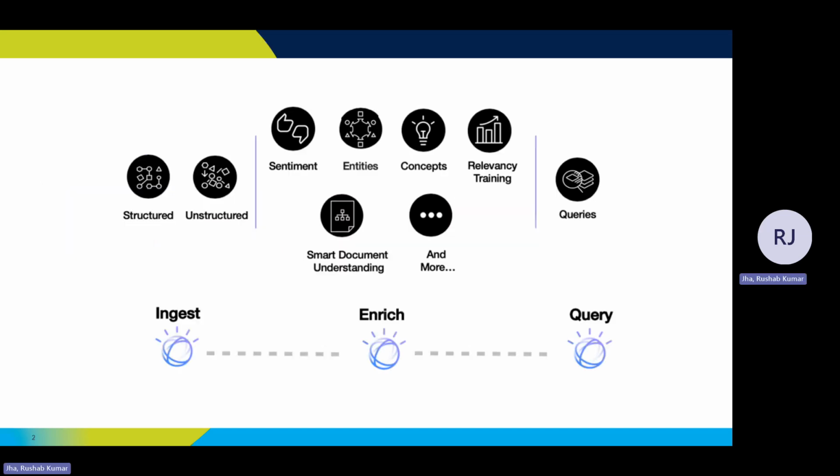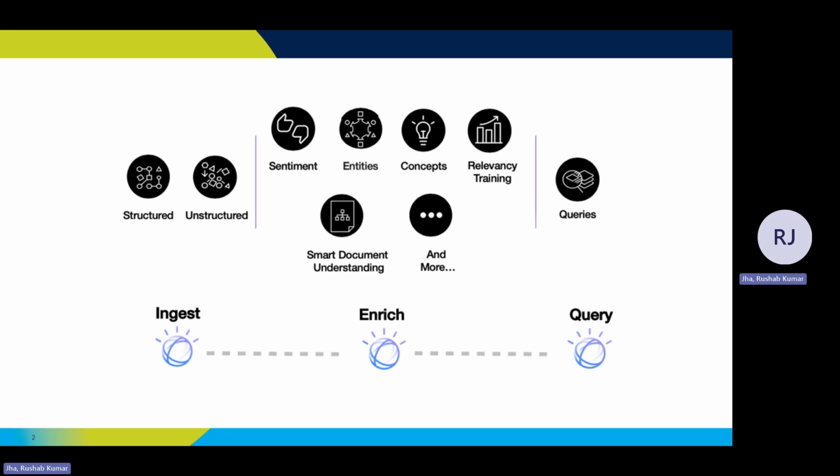Now in this diagram above, you can see the three main phases of data flow within Watson Discovery. That is ingest, enrich, and then query. Or you can also say that the query part can be your analyze and search as well. So basically with Watson Discovery, it only takes a few steps to prepare your unstructured data and then create a query that pinpoints the information you need and integrate those insights into your new applications or existing solutions as well.